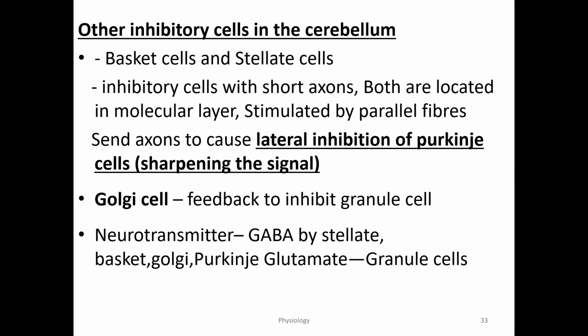So this is about today's lecture, neuronal circuit and neuronal activity. We have to remember which cells are excitatory, and that the single output is the Purkinje cells, which inhibit the deep cerebellar nuclei. These Purkinje cells receive a number of signals from the stellate cells, basket cells, the parallel fibers of the granule cells, and also the Golgi cells.